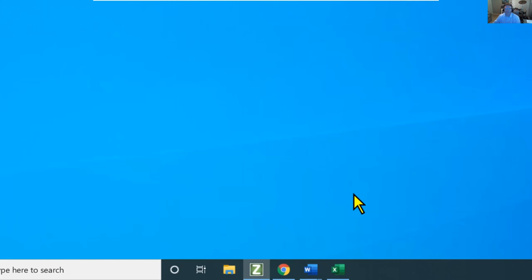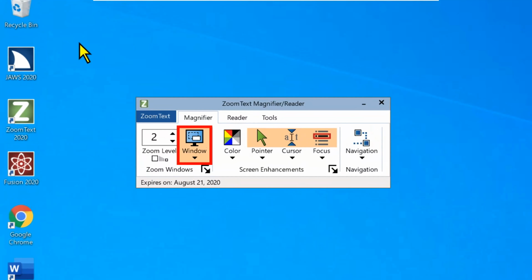This person says that she's currently using TeamViewer, but can only see a student's screen as it would be without ZoomText while the student is seeing it. So that's a very good point. So first of all, before we get to ZoomText,